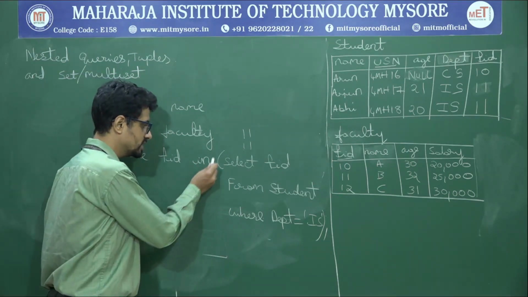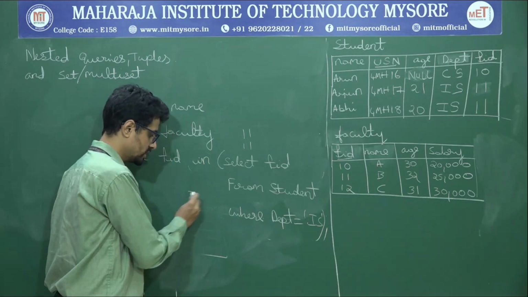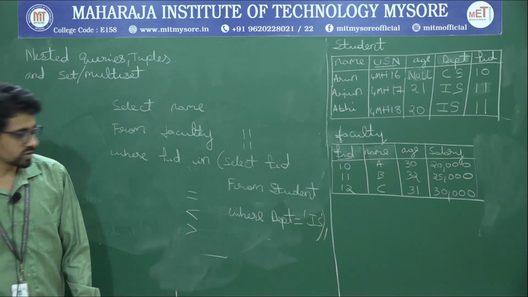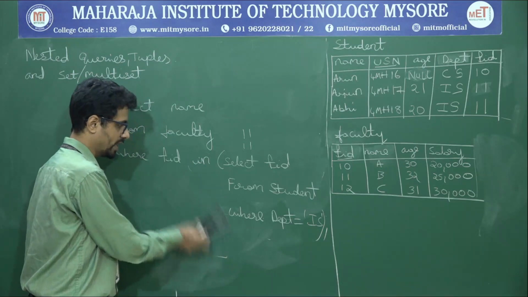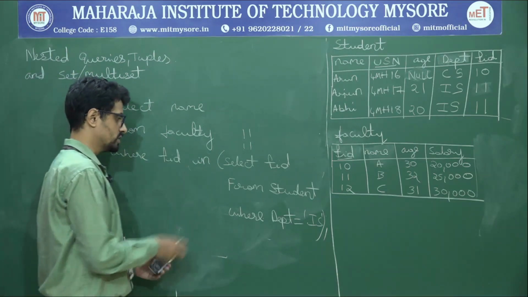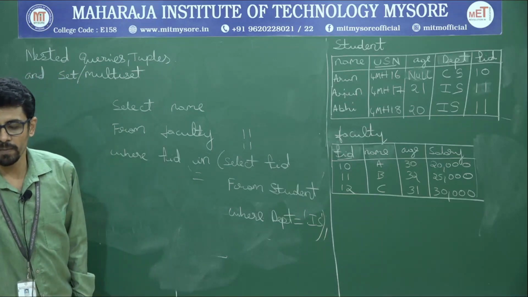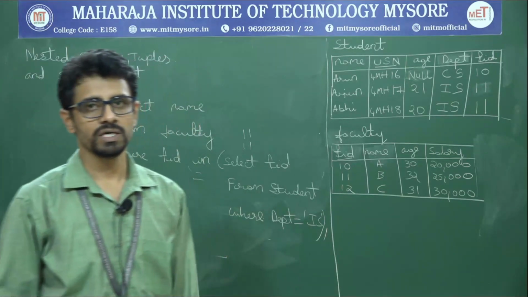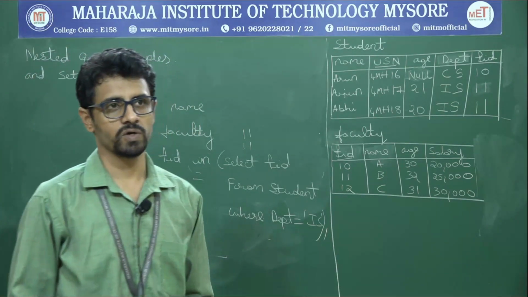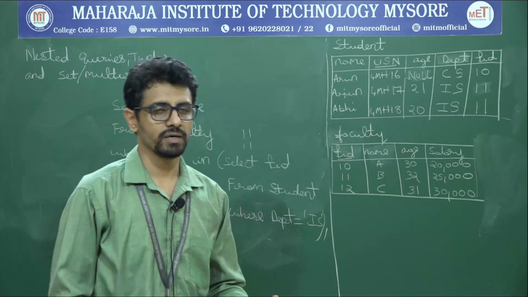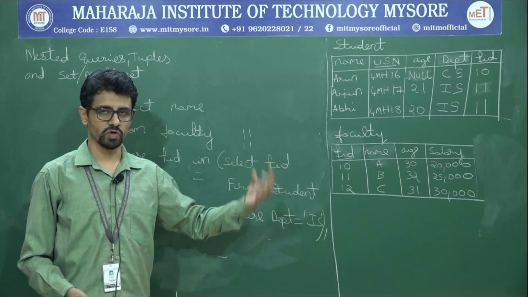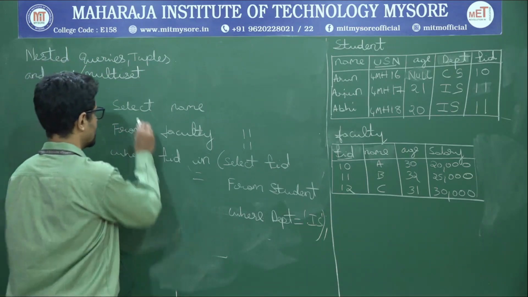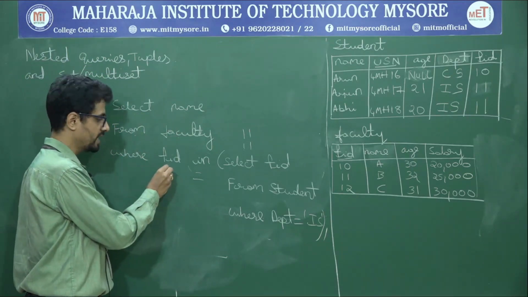Now I want the name of faculty 11, so I'll be using the in operator. I can also use equality, less than, greater than, less than or equal to; all comparison operators can be used, but let me tell you why in is used over equality. Equal can also be used here, but when the operation tends to give a multi-set value, not just a set, it is better to go with the in clause, because it verifies whether a given value matches one or more. So: select name from faculty where FID in.